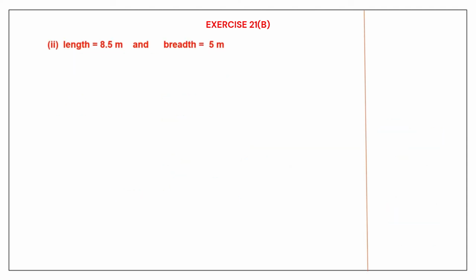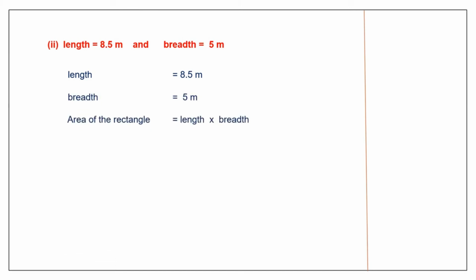Question 2. Length is given and the breadth is given. So let's begin. Length is 8.5 meters. Breadth is 5 meters. So let's use the formula to find the area of the rectangle, which is length into breadth. So length is 8.5 meters and breadth is 5 meters. So let's multiply 8.5 into 5. That will be 85 into